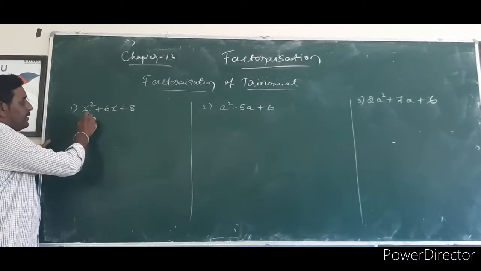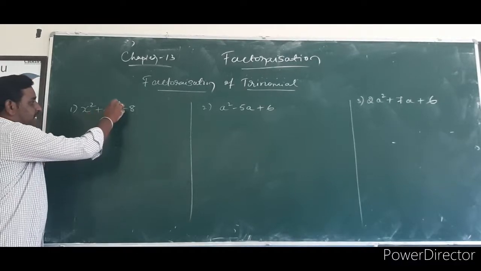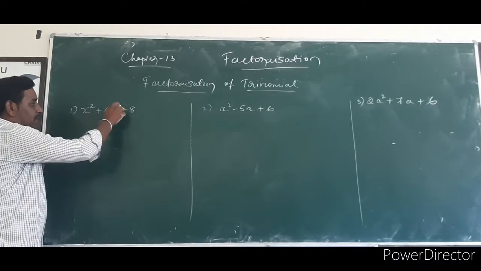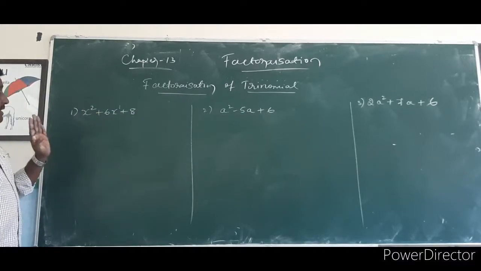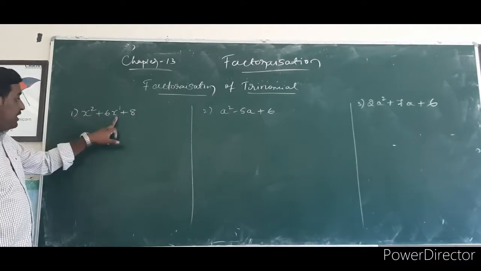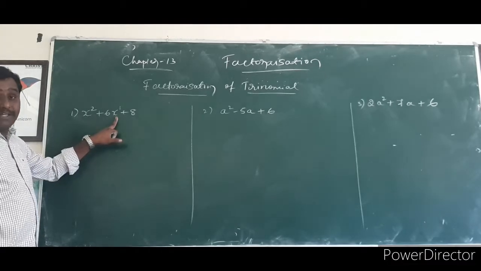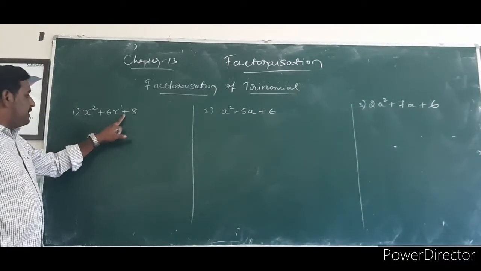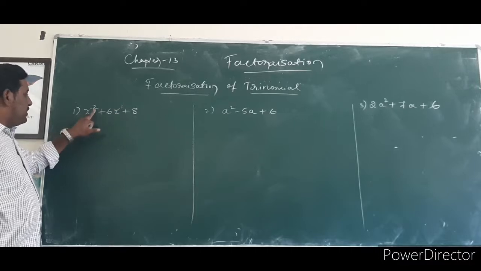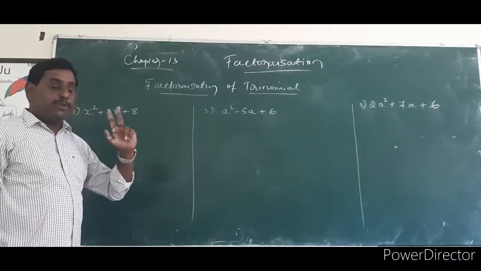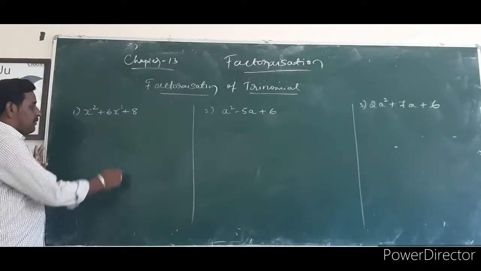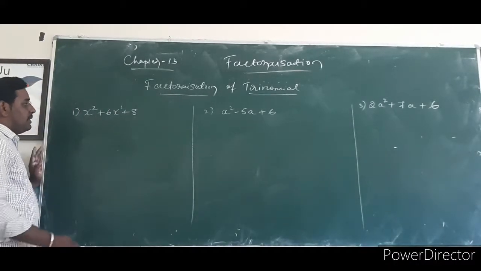So what are the steps we are using to solve? Look at this problem: x square plus x. Here variable power 1, and the same variable throughout the expression. There is no other variable, so it is a continuing variable. Here 1, here 2, so the total degree of the polynomial is how much? 2, the highest degree is 2. Now we are going to solve this type of problems.